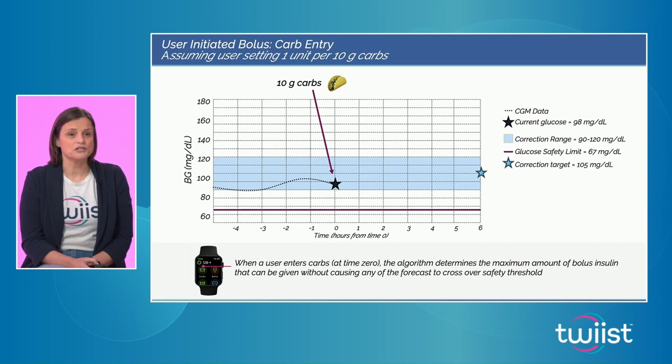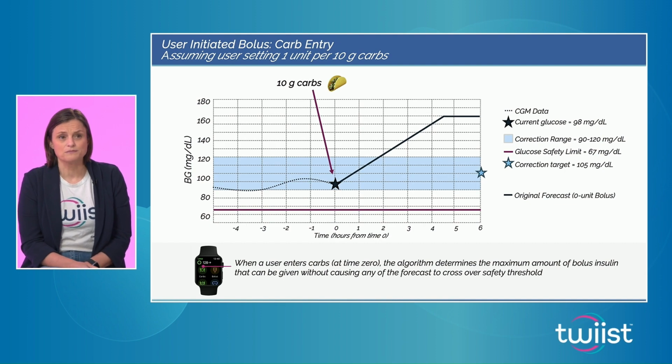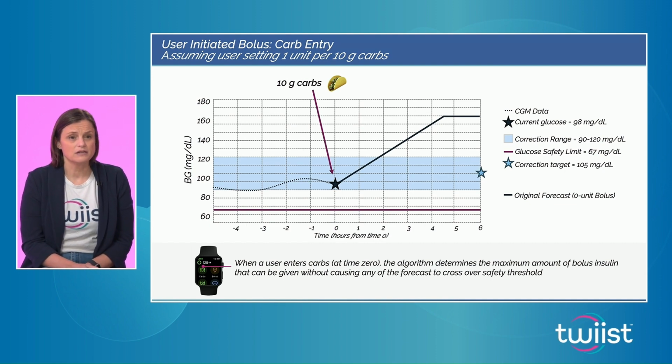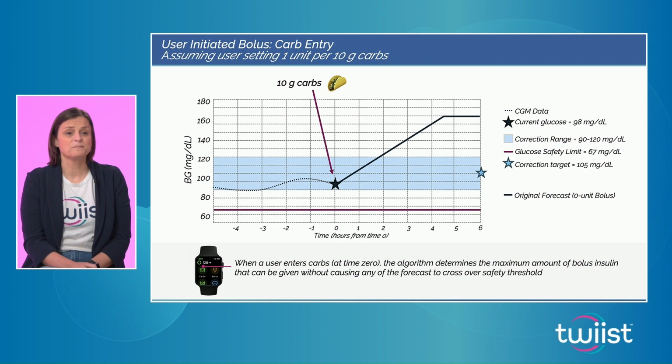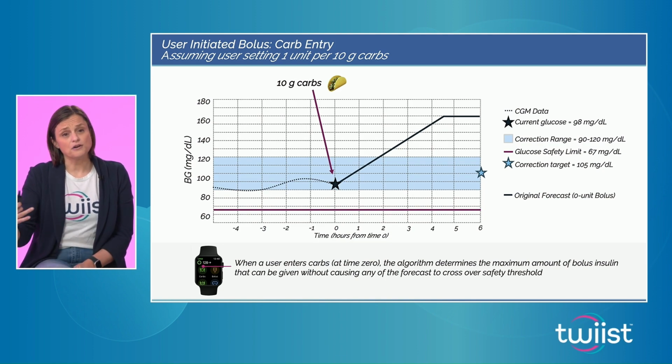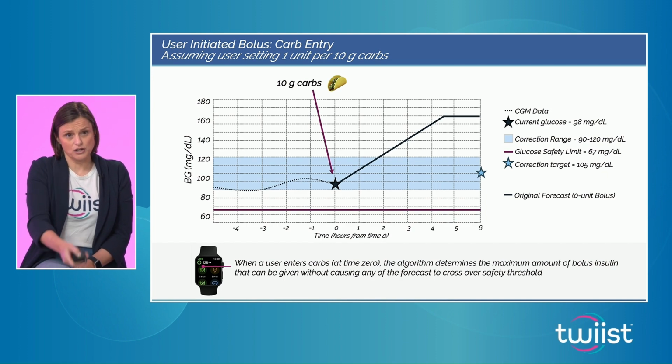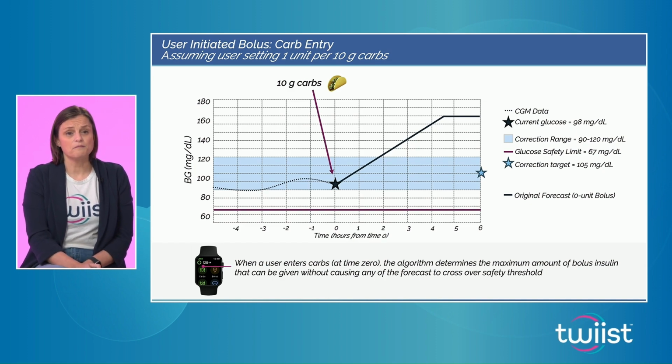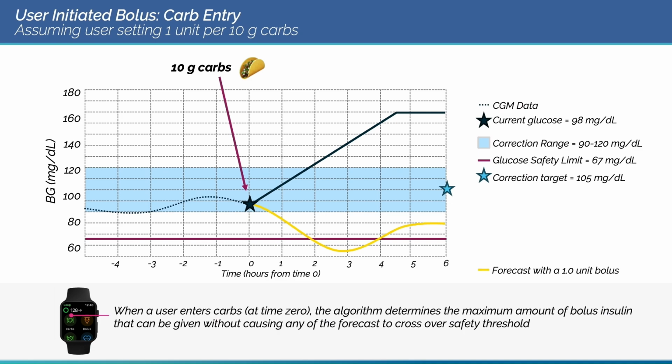What the algorithm is going to do is first model what the glucose would do if all it was doing was absorbing those carbs. No insulin. This is what would happen if a 0 unit bolus was given right now. It then goes through a series of calculations to determine the best bolus to give up front, knowing that the algorithm later on is going to make up for any higher glucoses based on the extra carbohydrates with the basal adjustments. In this situation, the algorithm is going to calculate what would happen if we gave this person a full